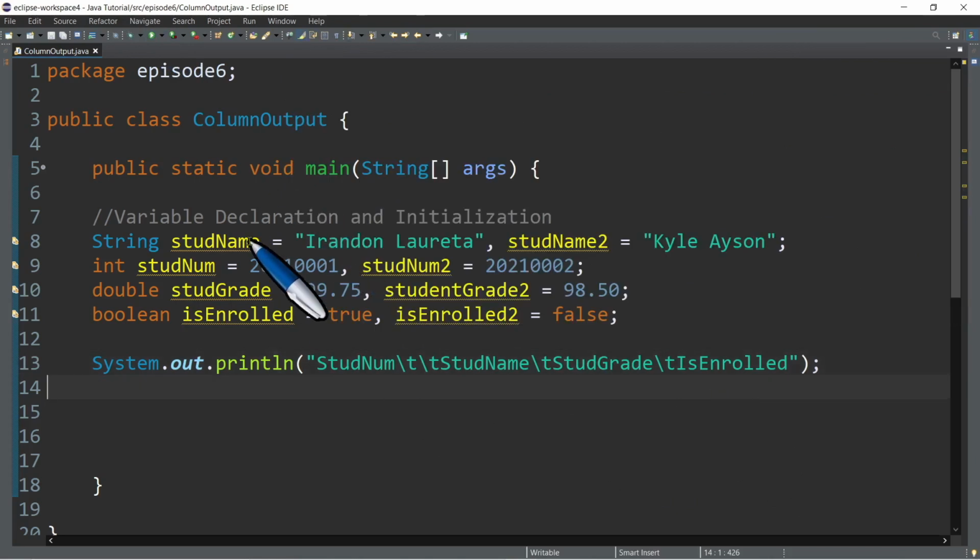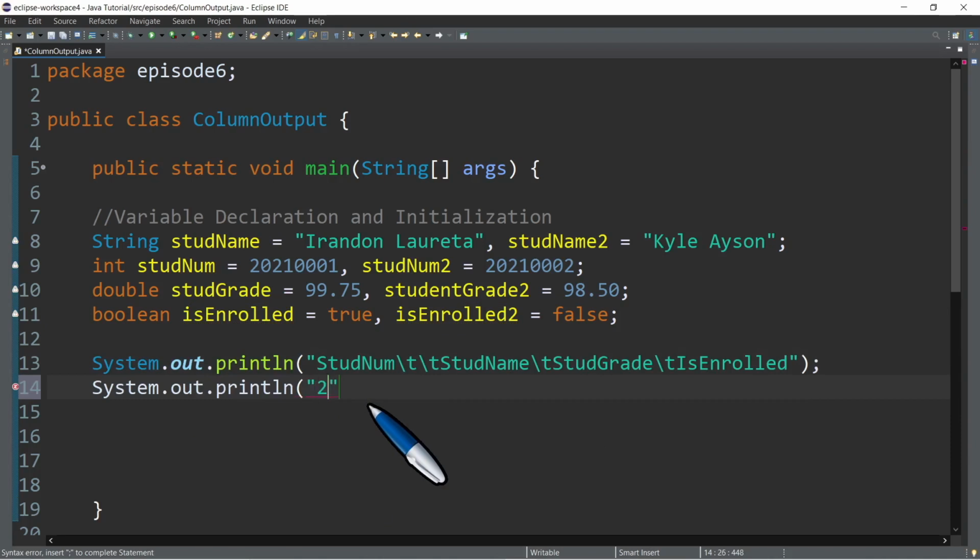So what about the values? For example, the student information. Let's try another System.out.println. Let me just copy this one and put it here. Let's try for the student number. We will try now to display 2021-001, for example. Why not we just use the variables? So we have studnum, and then